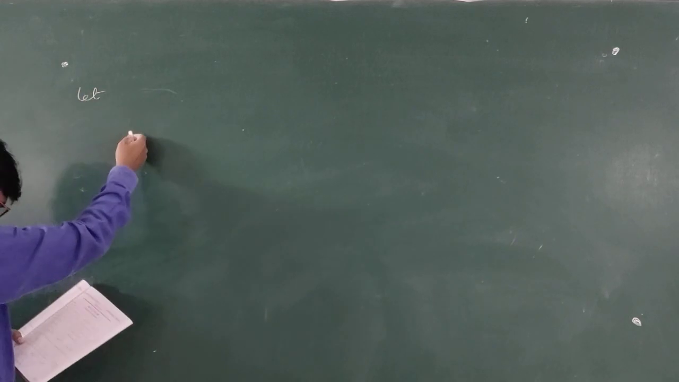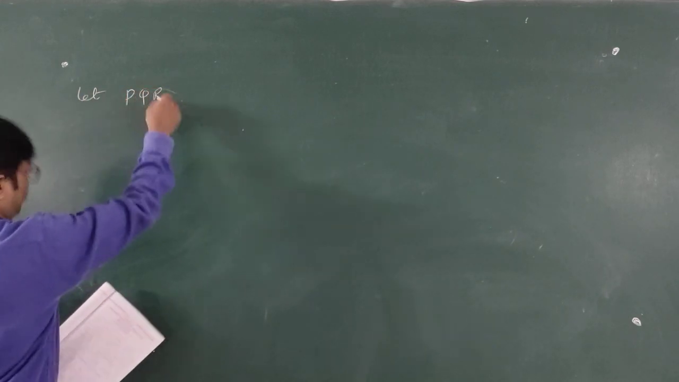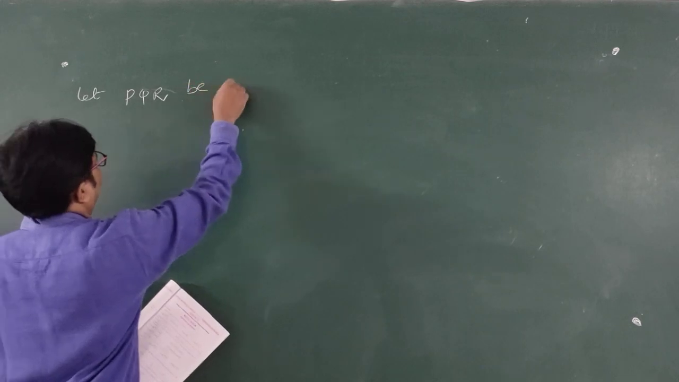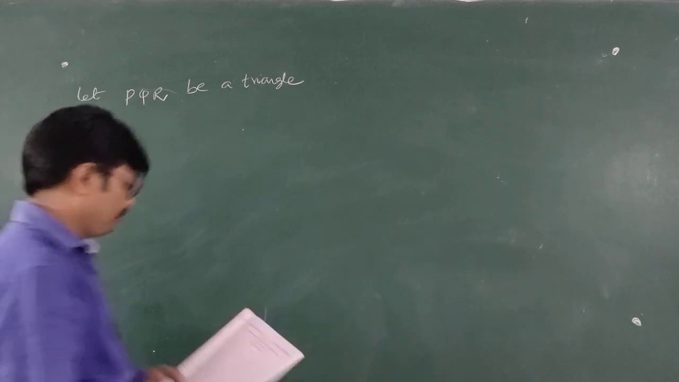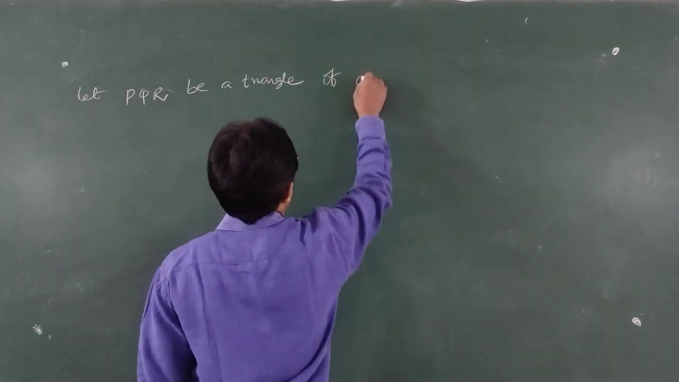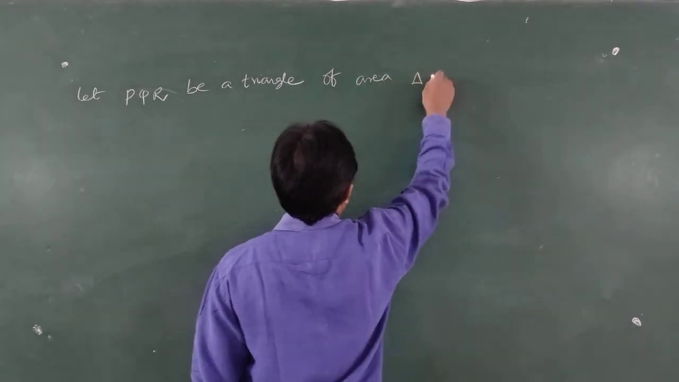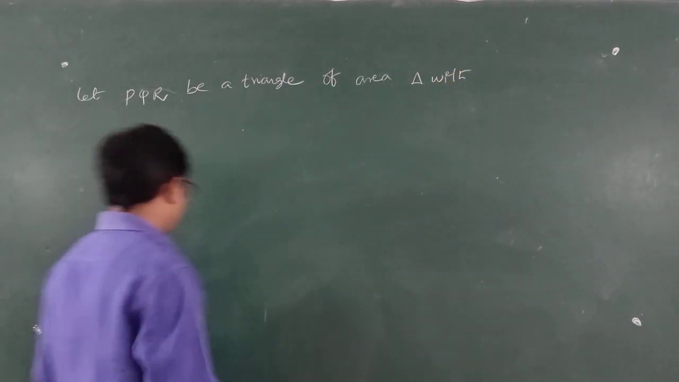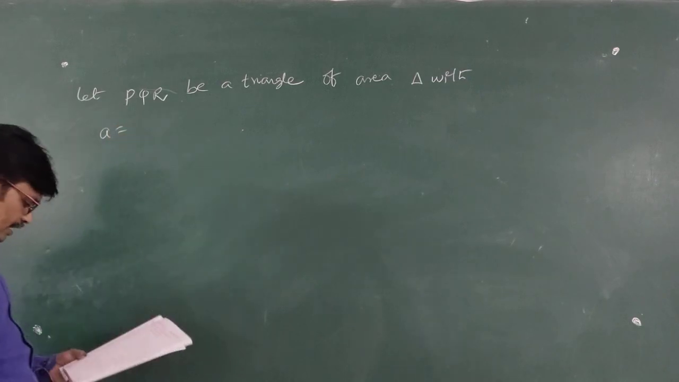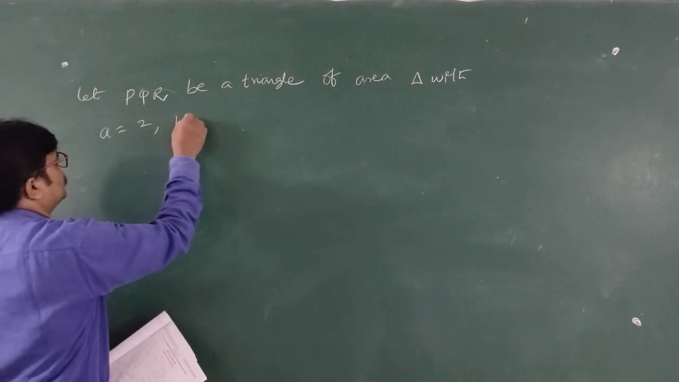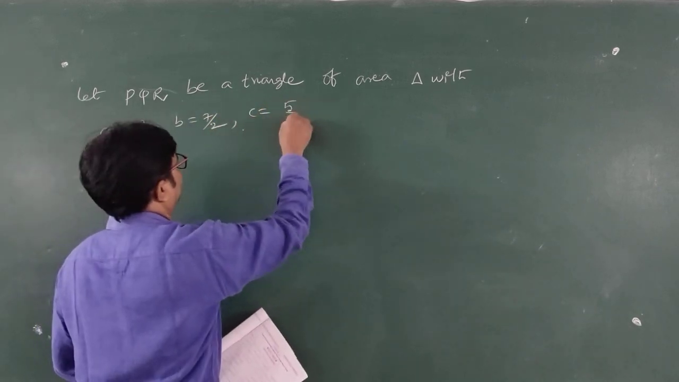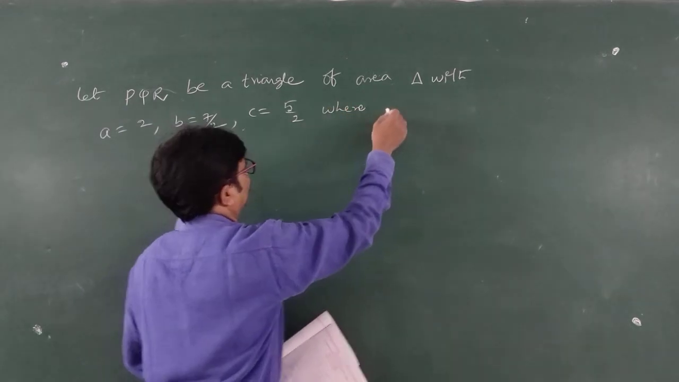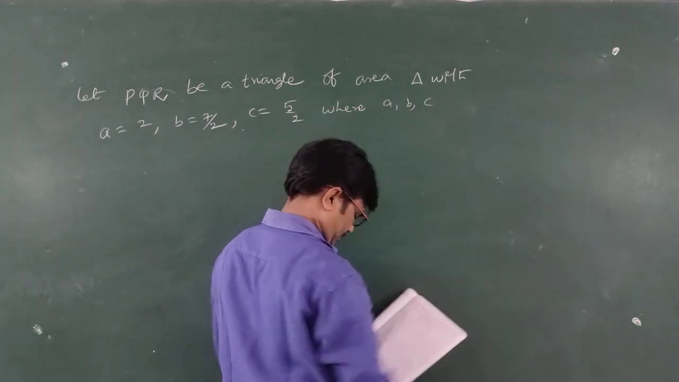Let PQR be a triangle of area delta, with small a equal to 2, small b equal to 7 by 2, small c equal to 5 by 2, where a, b, c are the lengths of the sides of the triangle